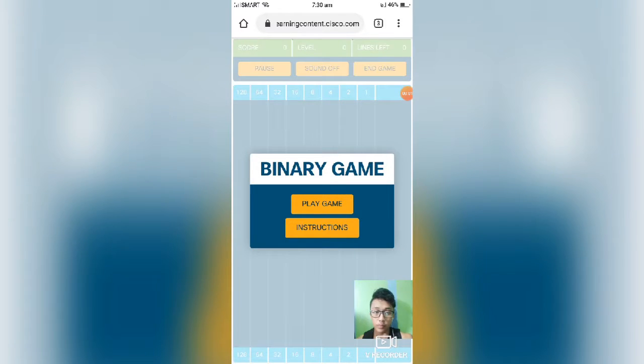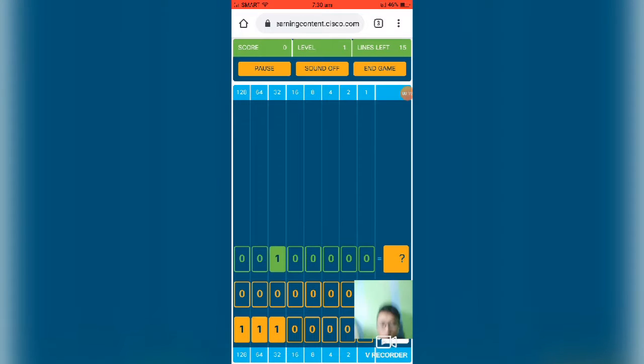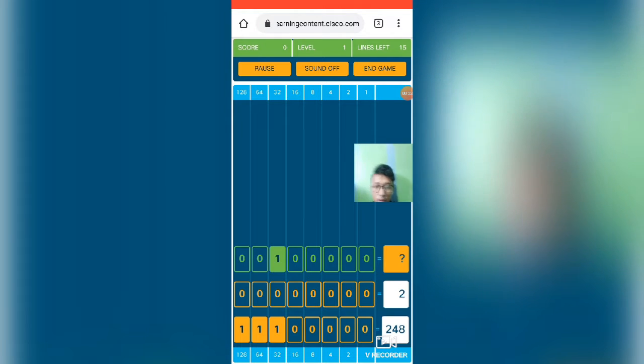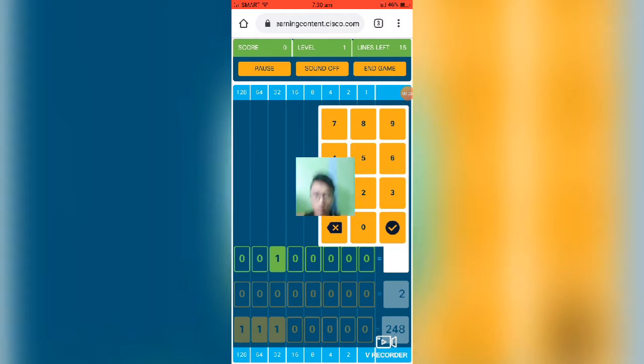This is our third activity, called the binary game. I have rotated my screen because the game requests to rotate the screen into portrait mode. So without further ado, let's start this game. This game is very easy. So the answer would be